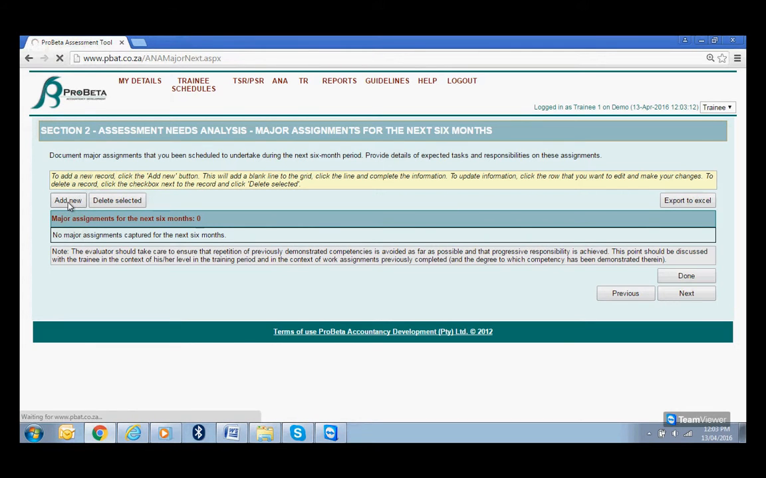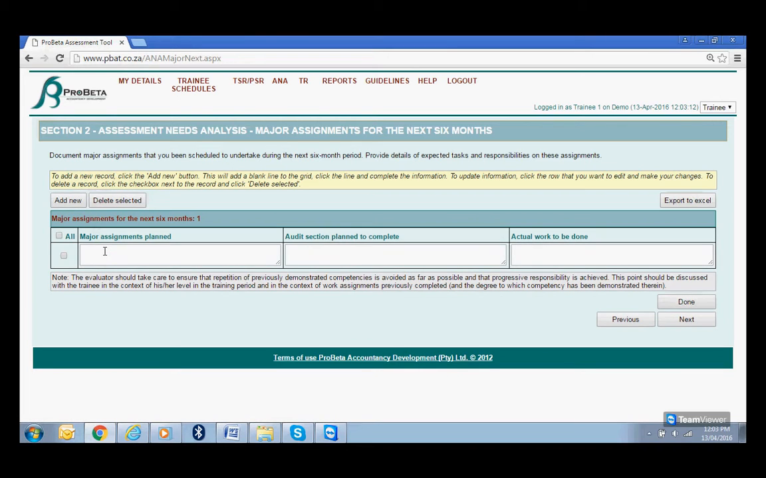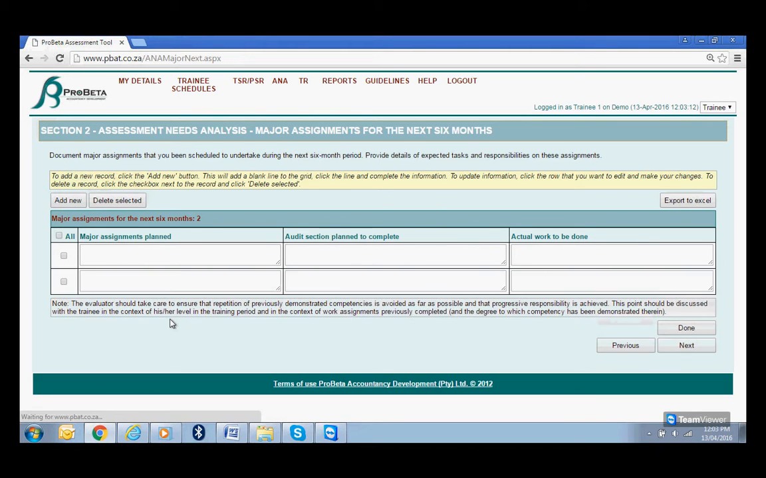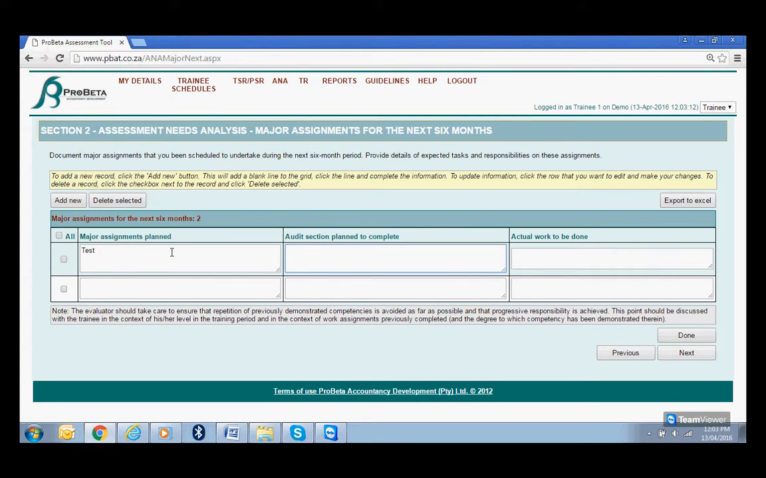Simply add new, and then you will have the function to add the major assignment that has been planned. If there is a specific audit section that you will be required to complete and the actual work that will need to be done, you will be able to do so. And you can continue to add more lines as and when necessary in order to fill out whatever assignments would have been planned for the next 6 months. Just for purposes of testing, we're just going to write the word test, and